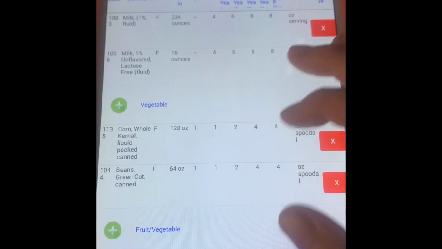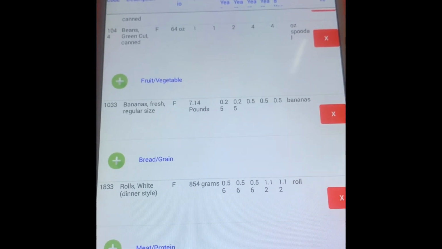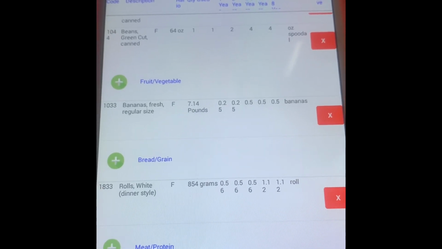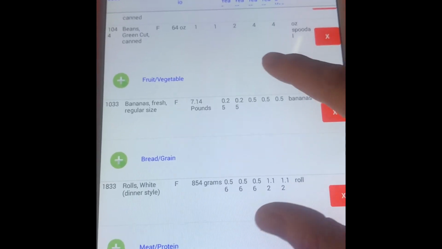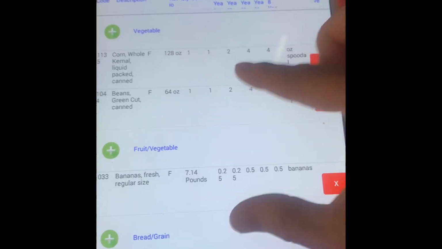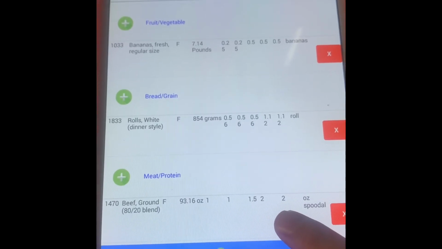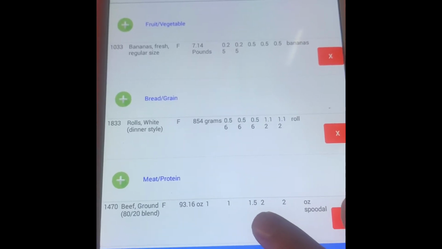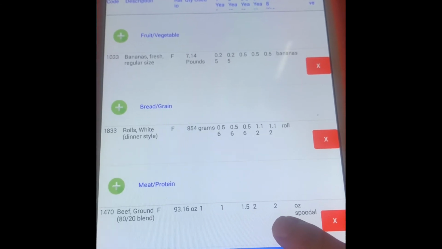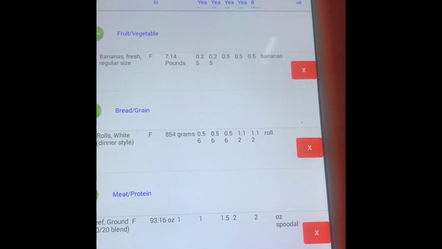And you can go and you can look and say, is that the total number of rolls we served? Is it more or less, or is that correct? There's your meat. And so sometimes they can go, you know what, that's ground meat. I know that I served more ground meat than that. So I served